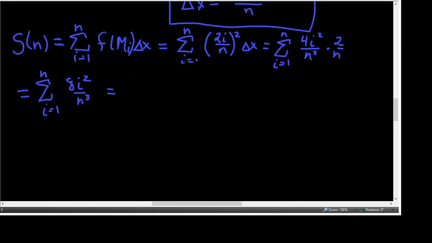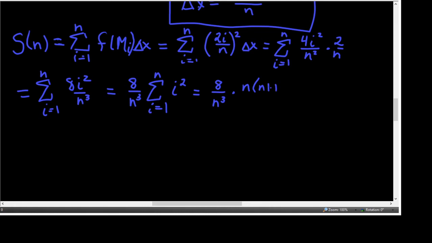The 8 and the n cubed are both considered constant for this problem, so I'm going to pull them out because the variable of this problem is the index i, so the i squared has to stay in there, as you can see. All right, so this is going to be 8 over n cubed times